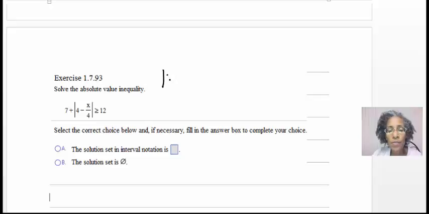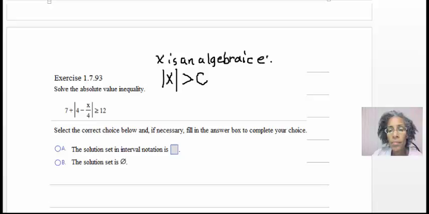So if the absolute value of x is greater than c, where x is an algebraic expression, and my c is positive, which to be positive means you're greater than 0, then for the absolute value of x to be bigger than c means that x is to the left of negative c,